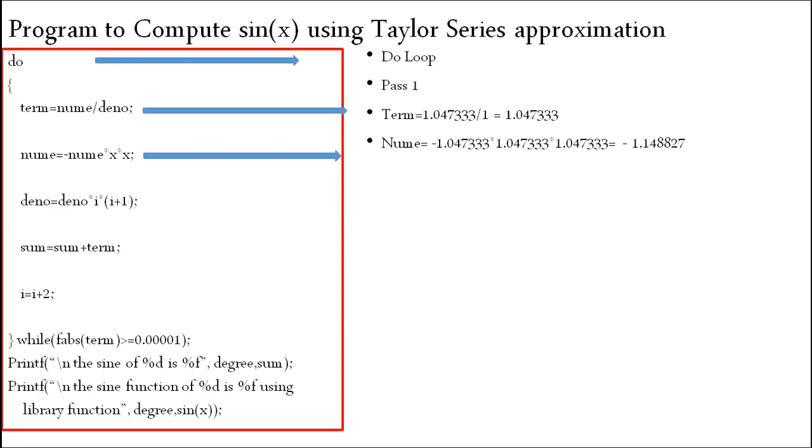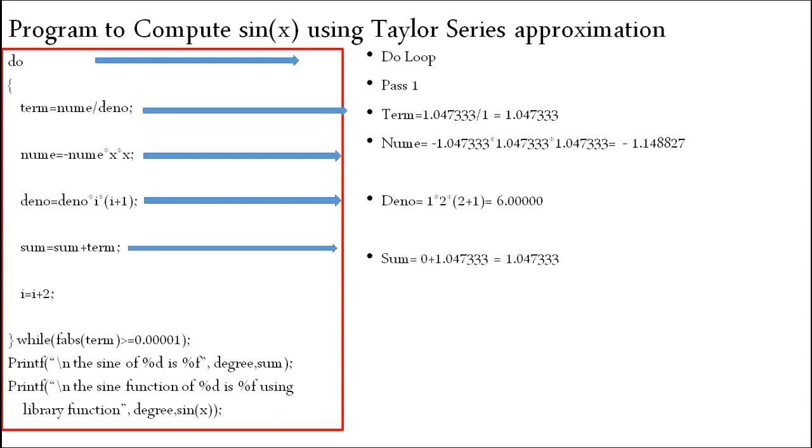Now my denominator is 3 factorial. So we'll see that denominator is equal to, I have initialized denominator as 1 into, what is the i value? Again i is initialized to 2, into 2 plus 1. So the meaning here is 3 into 2 into 1. The result we get from this is 6. 6 is nothing but 3 factorial. So by this we have achieved x to the power of 3 by 3 factorial, that is with respect to minus. Next I'm going to add sum is equal to sum plus term.